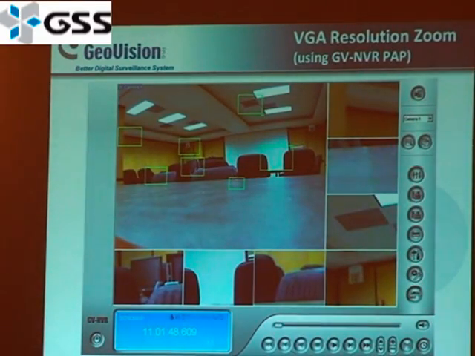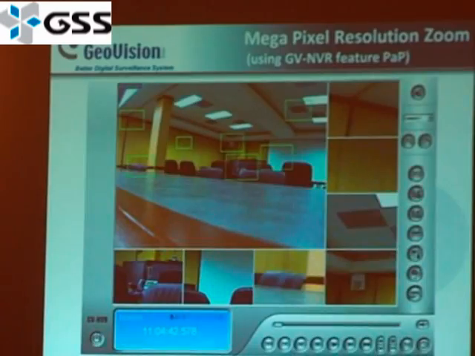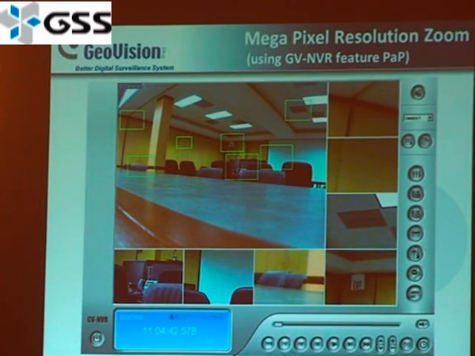On the top left-hand corner, you'll see the main screen, and what we've done is we actually zoomed into different parts of it with the picture-in-picture feature. And this is a representation of the VGA resolution, so you can use analog. But if you'll notice on the bottom right-hand corner, you'll see an exit sign, which may not be very clear. Now, if you were to use an IP camera, of course the resolution would be a lot higher, the picture would be a lot clearer, and so when you zoom in to these certain areas, you'll see a lot more